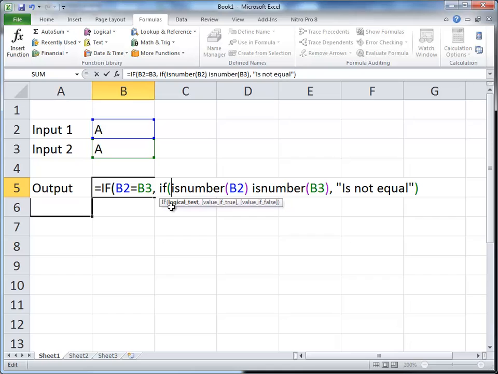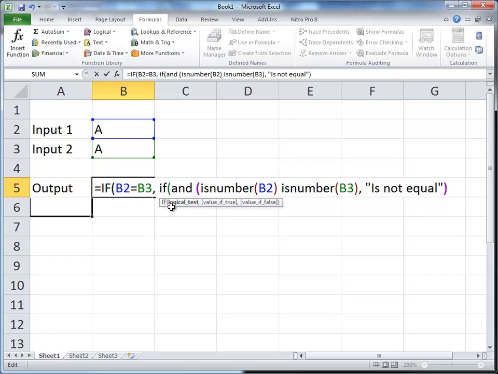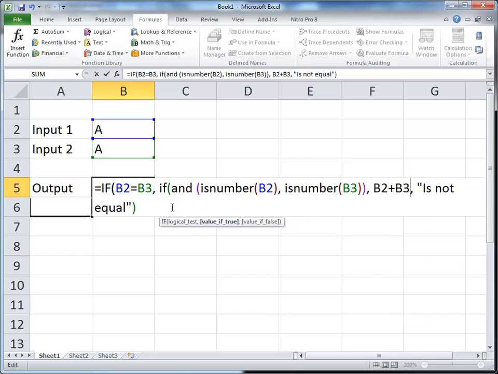and I'm going to pull a rabbit out of the hat here. I'm going to type AND. Now the AND function allows you to test a number of things to see if they are all true at once. So what I've done so far is my test here inside the if statement just asks if both B2 and B3 are numbers. I'm going to put a comma, and I'm going to put B2 plus B3 because we want to add them together if they're